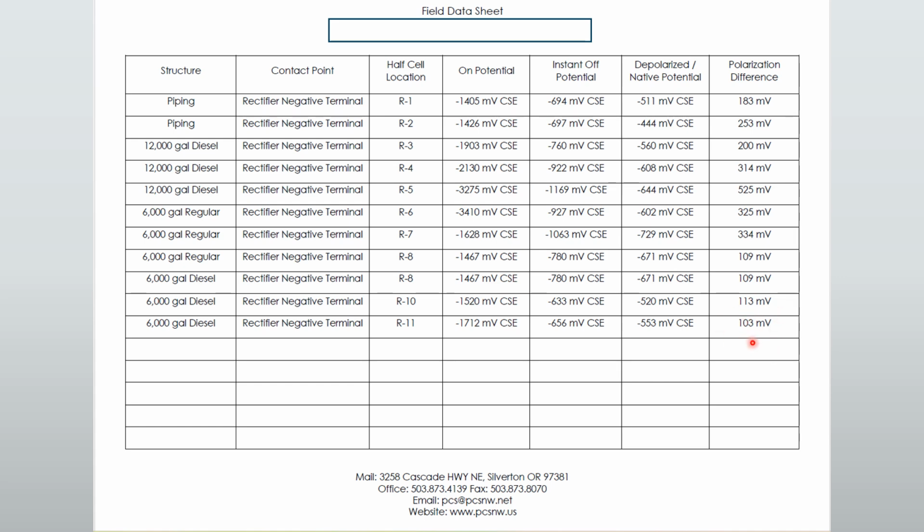So we got one little guy that's close to 103, 109, 109, but I got 500 millivolts difference. 1169, that would have passed the 850, but that was probably right next to an anode. This one would probably have the anode starting to fail, starting to be not so good. Piping,